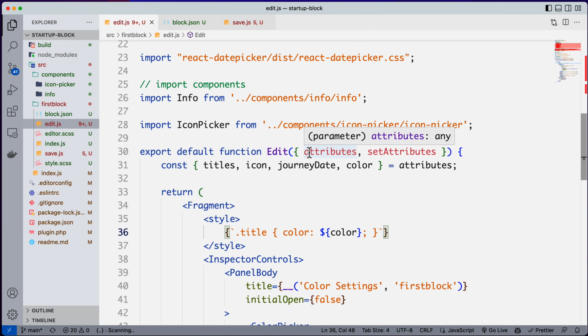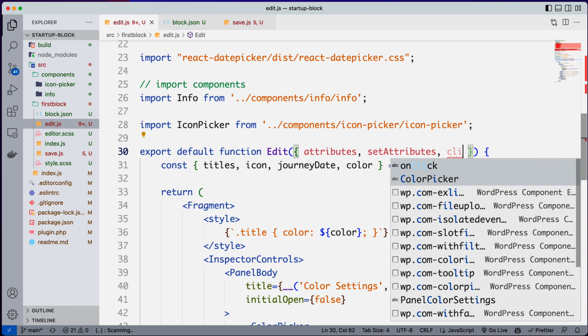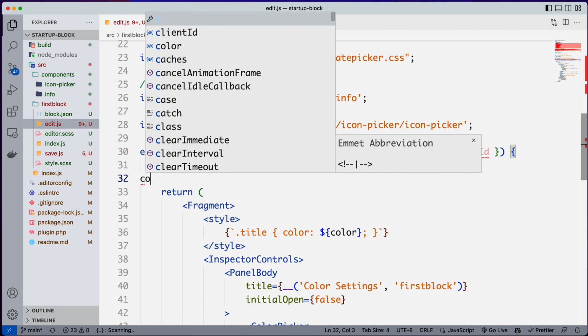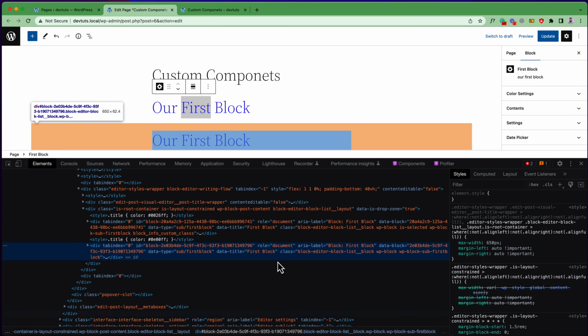So in this setAttributes, we have another parameter, and that is called clientId. Client ID, you have to write down the same spelling. You can never write down only ID, you have to write down the same spelling. And if you try to console log the client ID and try to refresh,